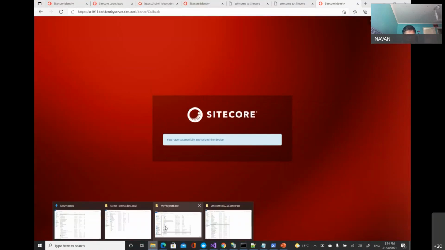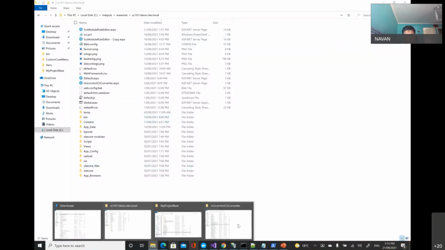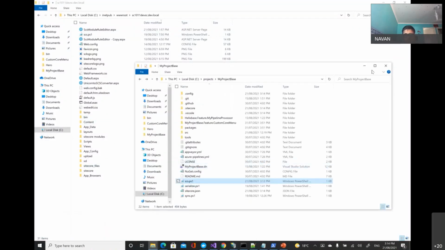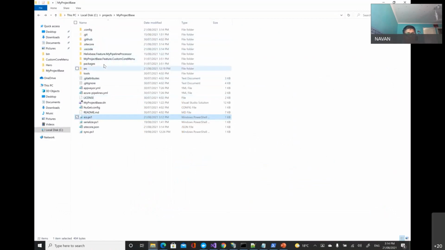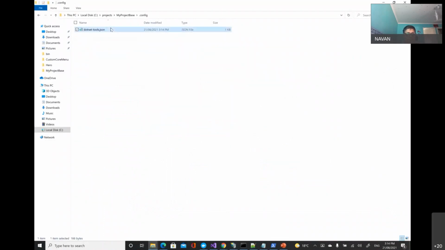So it has created all the required things in my local folder. You can see that you have sitecode.json, you have the config file.